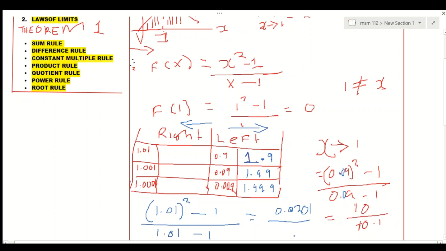over 1.01 minus 1, the answer is 0.01. When you divide the two, 0.0201 divided by 0.01, the answer will be 2.01. When you continue the same procedure of substituting, you find that this will be 2.001 and this will be 2.0001. So if you round off 1.9 to the nearest whole number, you'll find that this is equal to 2,